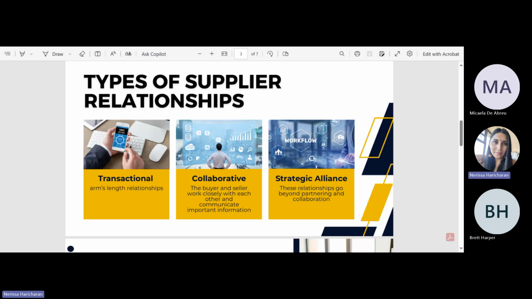Basically, they have the same goal. They want to be part of each other's business. They want to be able to make a difference. One wants to deliver the goods and services on time. They want to also meet the different standards in terms of quality. So there's a lot more relationship and strategy that's being formulated between both parties together, as opposed to from a separate entity perspective. Okay.